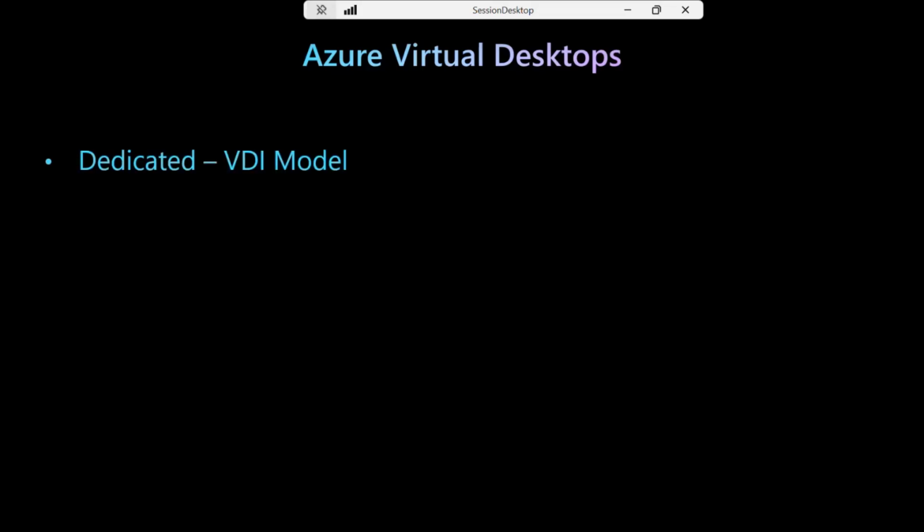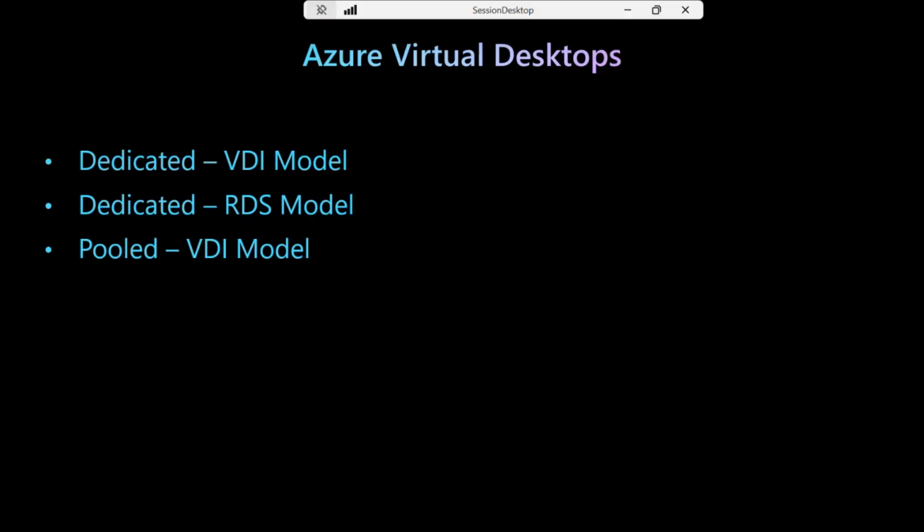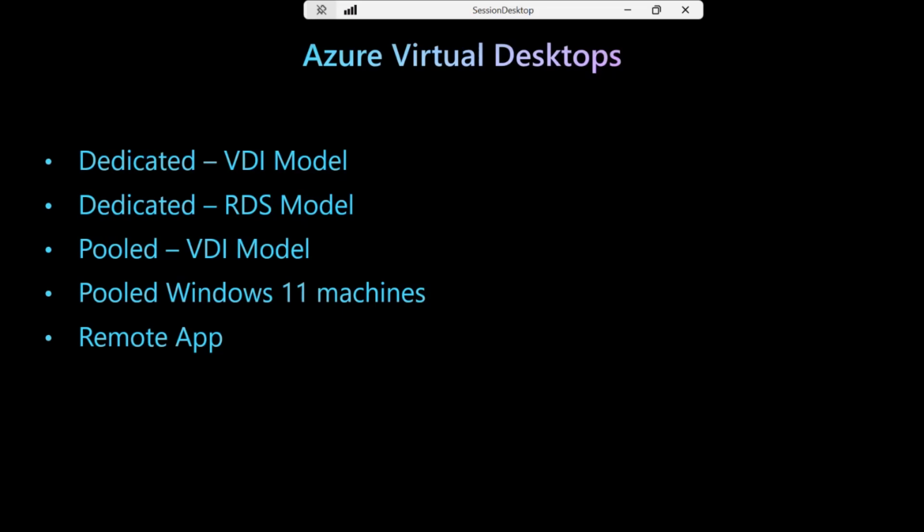So now recapping what's available, you have a dedicated VDI model machine. So you have one Windows 10 or 11 machine dedicated to a user. You have the dedicated RDS model where users get their own RDS. You have the pooled VDI model where you have a lot of single instance Windows 10 and 11 devices. You have pooled Windows 11 machines. And you also have something that was introduced in RDS, which is a remote application. So when connecting to that environment,